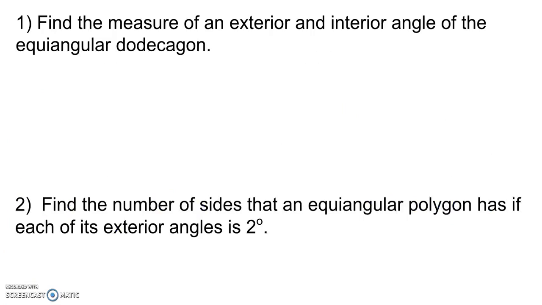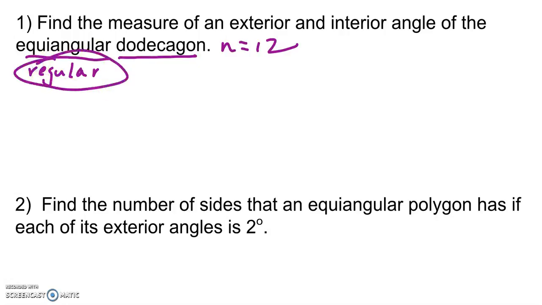Find the measure of an exterior and interior angle of an equal angular dodecagon. Now, if you see the word equal angular, that does imply equilateral, so that really also does imply the word regular. Dodecagon, as we've seen multiple times, means 12 sides. So if we want to find the measure of an interior and an exterior angle, I would say because the